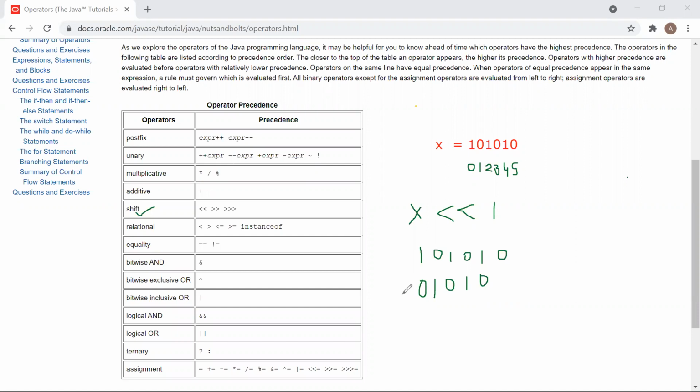See, you are shifting toward left. So this 0 will come here. This 1 will come here. Everyone will come here. But this 1 will not come here. That part you can add 0 here, but you can't add 1 here. Then it will take additional data, right? Are you getting what I'm saying?